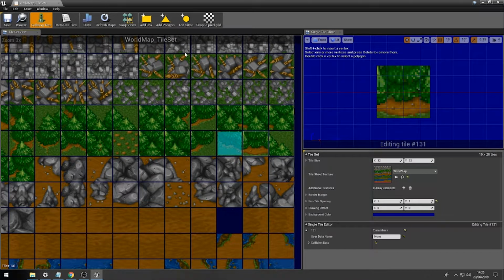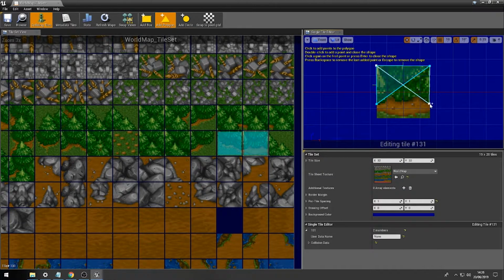Now drawing the actual collision is quite difficult to get used to start off with, because normally you might think, let's just draw it like a nice box like this, and then all of a sudden you have some sort of crazy inverted collision going on. If we press escape, you can get rid of that. What you need to start thinking about is actually where is the final point that you want to draw your object to. Oh no. If you end up with an issue like this, what you can always do, of course, is draw it,